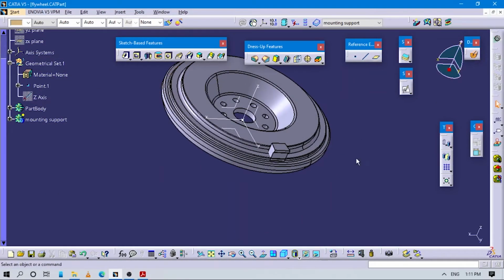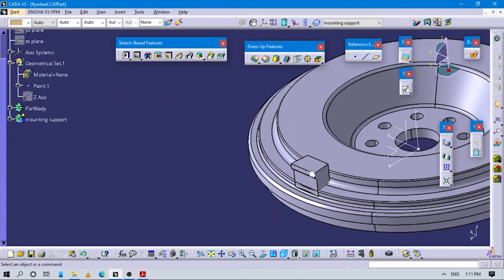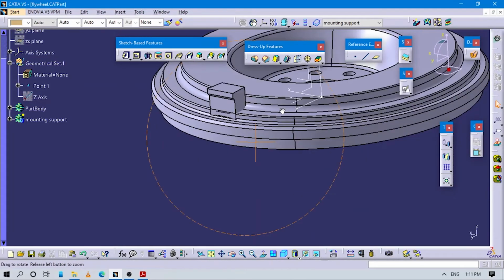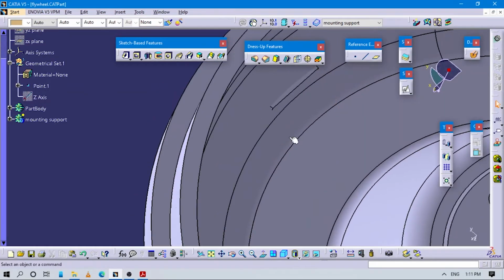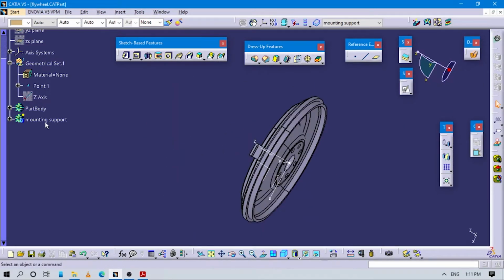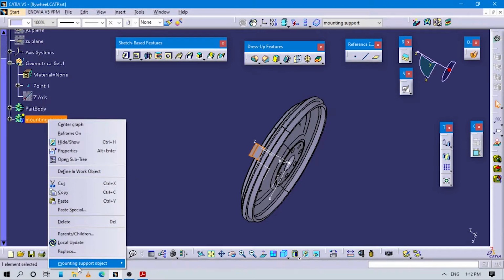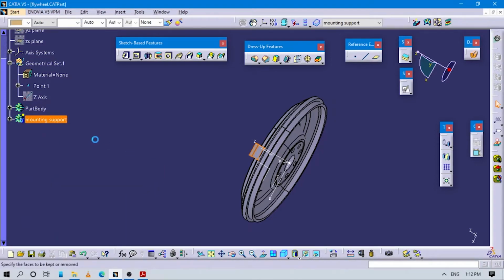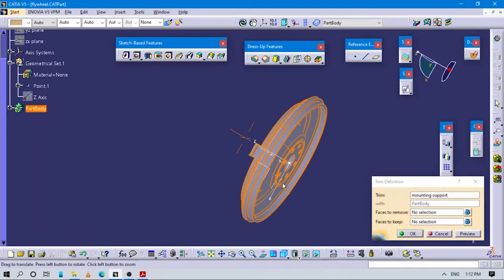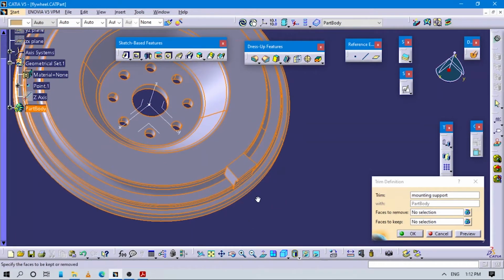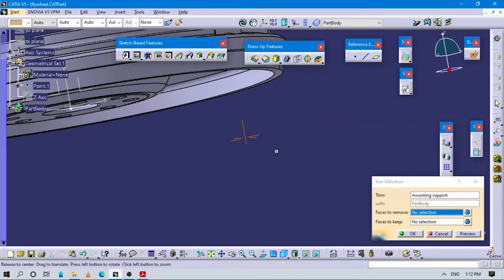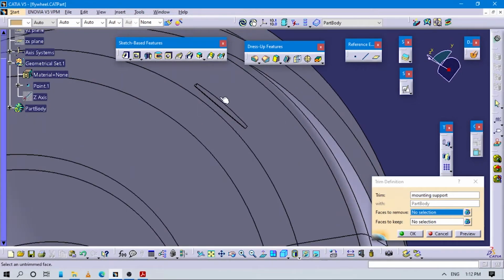And now actually we have to make this part combine to this part. So to combine this part and remove this unwanted material, we have to make one thing. So right click to this mounting support and go to this bottom and use here union trim. The trim we have to make for this mounting support with this part body, and go select your faces to remove and select first face as this